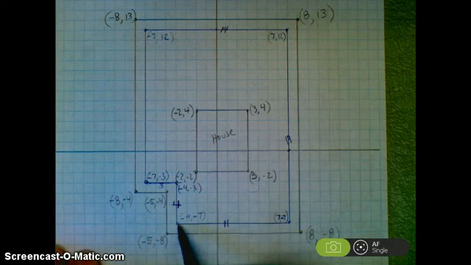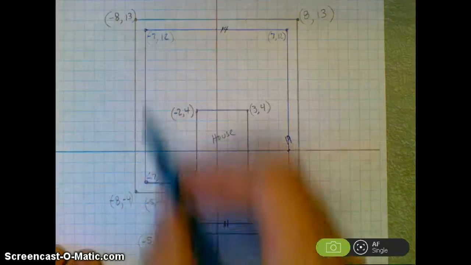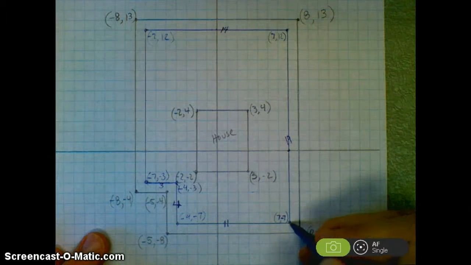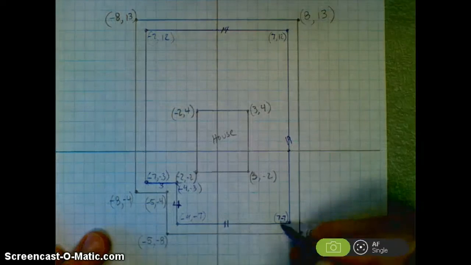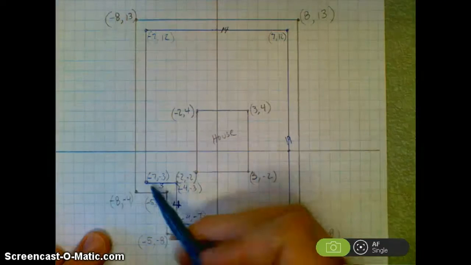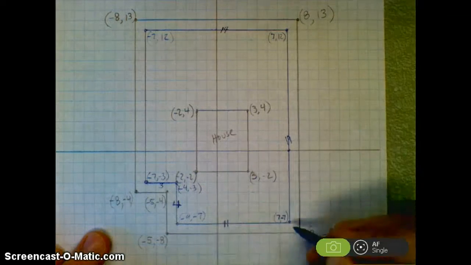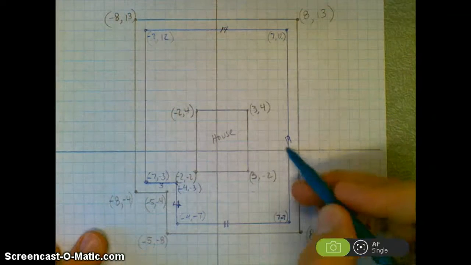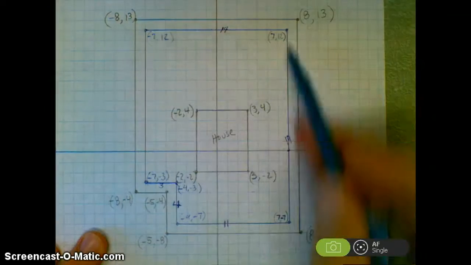Today we're working with the length of this primary pipe that you draw onto your land here, into the yard. The directions say to have your primary pipe 1 unit away from the edge of the yard, so I drew that in. I plotted the points, even though you don't have to. I plotted the points because it makes it easier to find the length of each side of this rectangular but